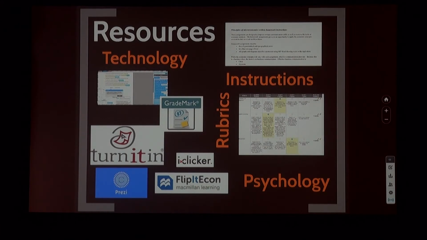If anybody is using Turnitin or GradeMark, I think that is a fantastic way to provide very detailed feedback in a fairly efficient manner, so you can point out specifically where they're going wrong. They have the rubrics, which don't get into the small detail, but at a high level, you can give feedback on how they're doing. And by the way, if you create a great set of instructions, then what you're getting will be more uniform and easier for you to analyze.